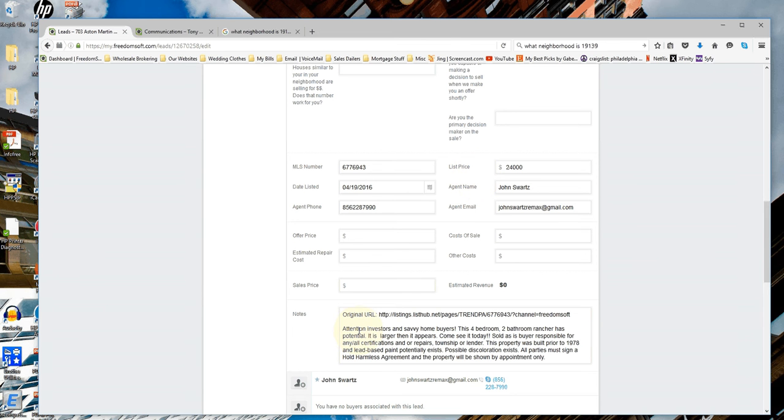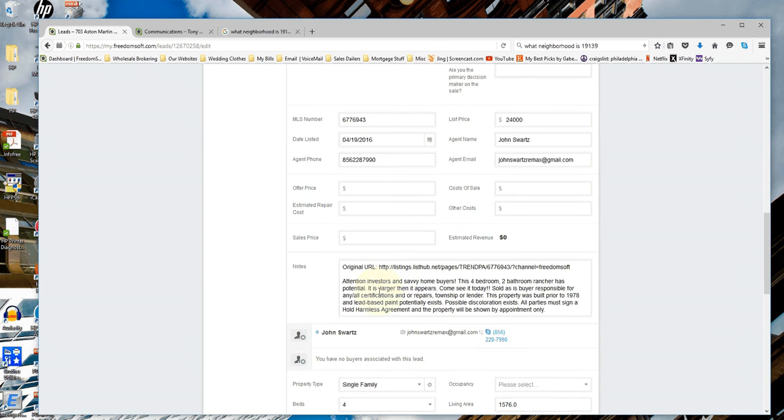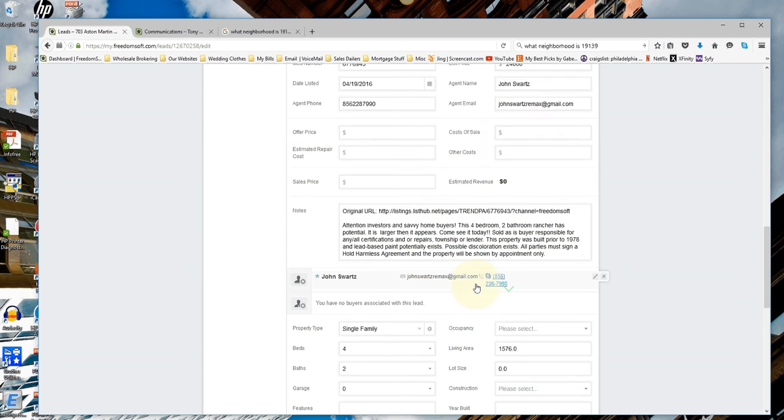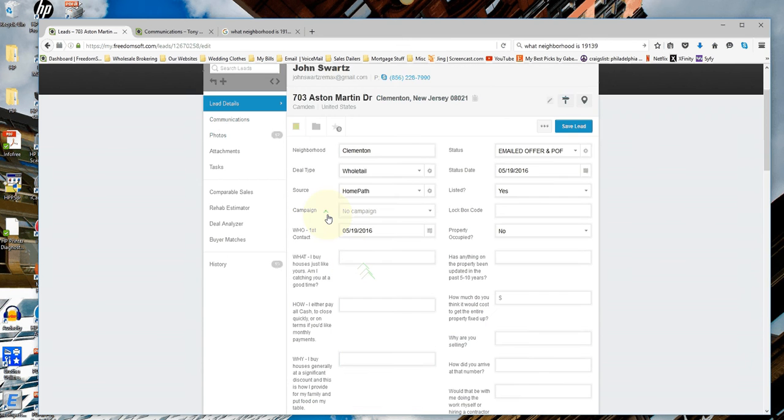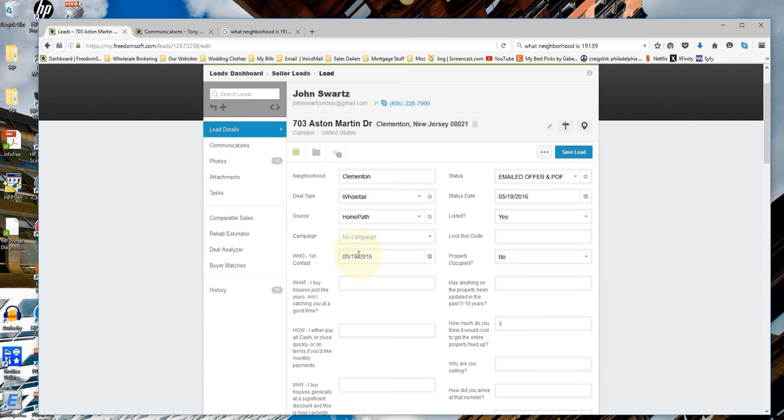You read the notes. "Attention investors, savvy home buyers, this 4-bedroom rancher has potential." You want to make sure that from what you're reading, it sounds like it is an investment property. "Sold as is," that's generally a word that lets you know. "Attention investors, savvy home buyers," that's more language that lets you know this is a fixer-upper. This is a property that we have a good chance of making a low offer on and catching it. When you saved this lead, upon reviewing the deal,